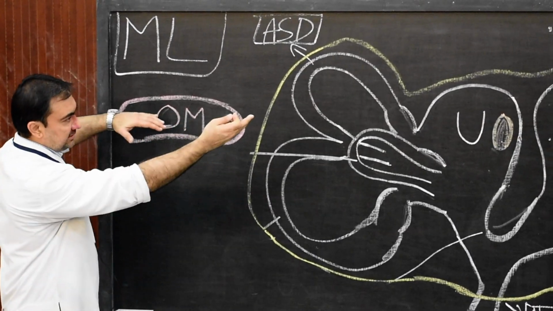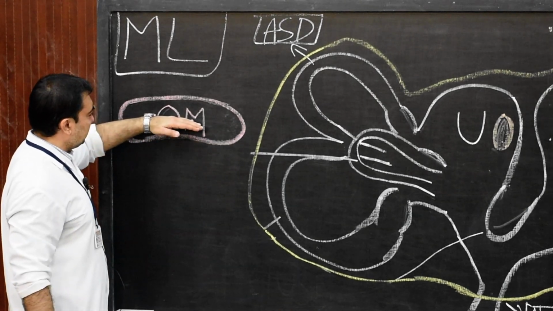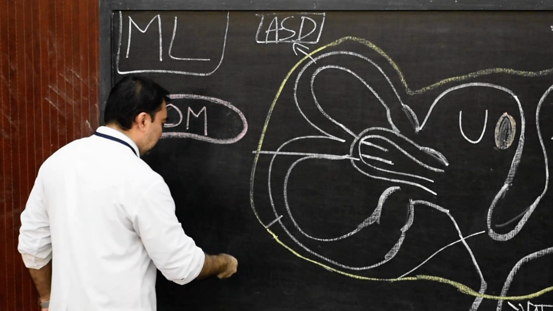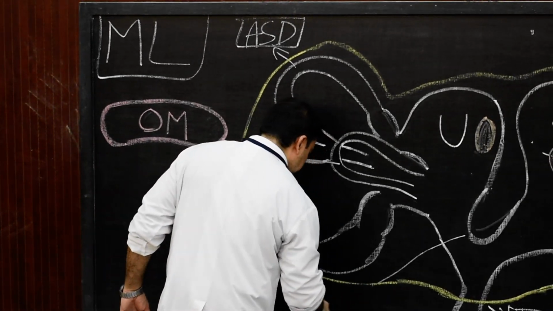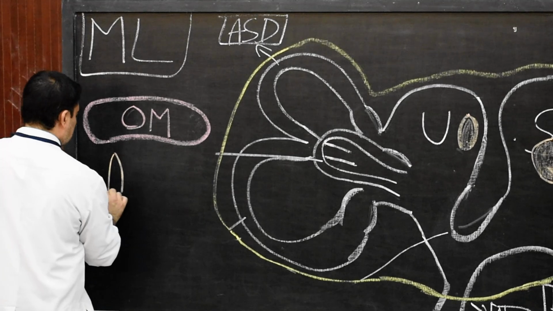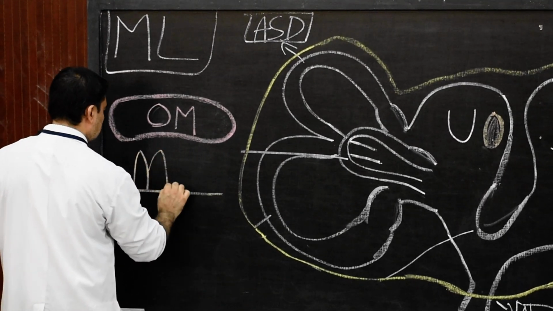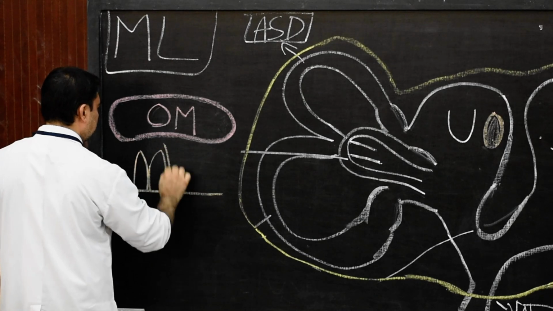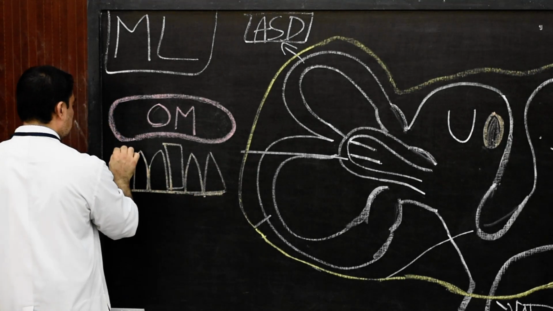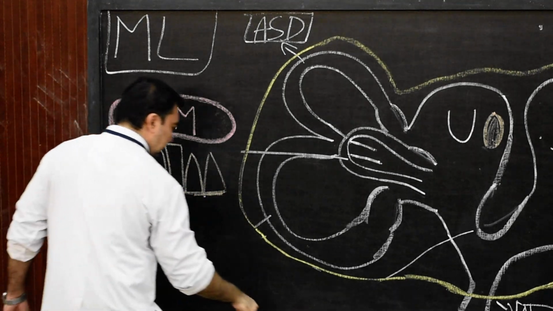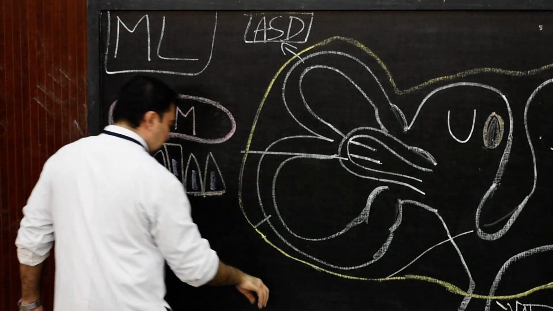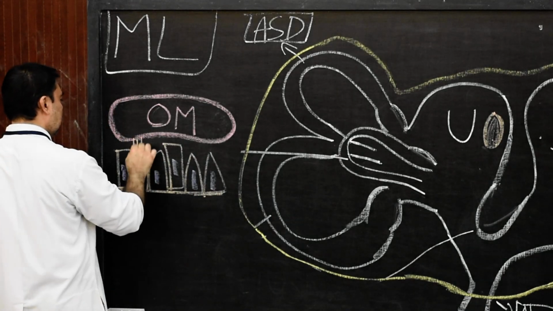Just as the membrana tectoria, this otolithic membrane will cover the hair cells of the macula of the saccule and utricle. Now, the hair cells of the macula of the saccule and utricle, I will draw, are columnar cells. Along with that, there will be various supporting cells. So I will draw the nuclei here, and in the hair cells, we will show something very interesting.